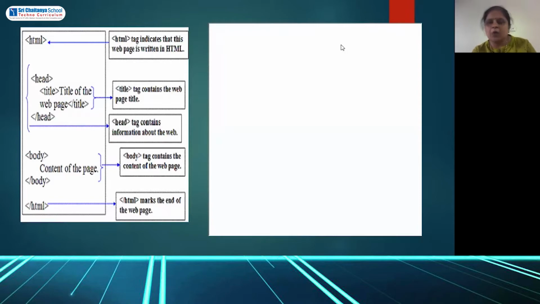Let us see how exactly it works. You can see on the screen how exactly the structure of an HTML page is written. You can see all the tags like this. All the tags are written in angular brackets. Every HTML page will start with the html tag, and the complete program will also end with the /html tag.